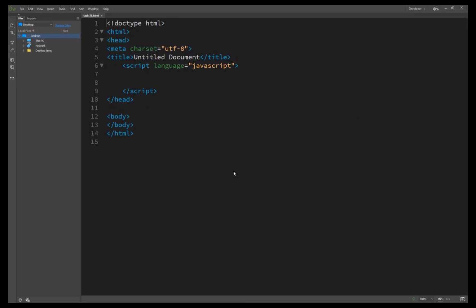So here we start our task number 28. It's about passing an argument to your functions. Before this, in the previous lecture of task 27, we saw how to create a function, but we didn't pass any argument in our function. The task 27 showed you how to create a function only, but the function created in that task did not accept any argument.